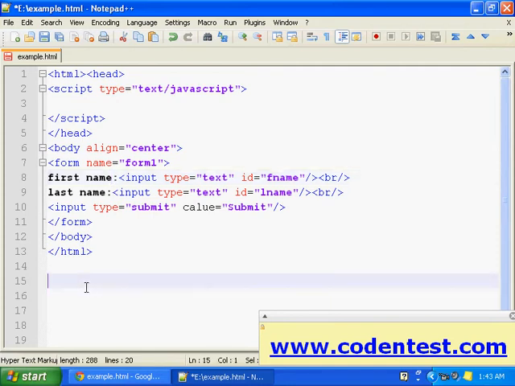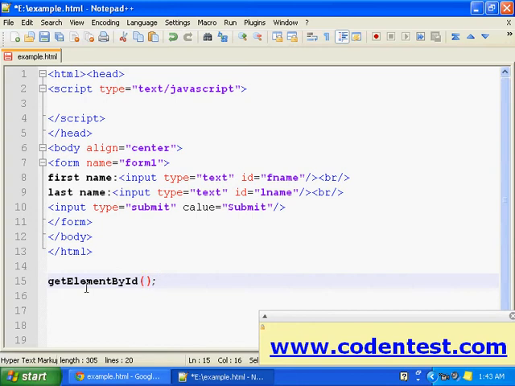So we can do that with a variable, by getElementById, brackets open, brackets close, semicolon.